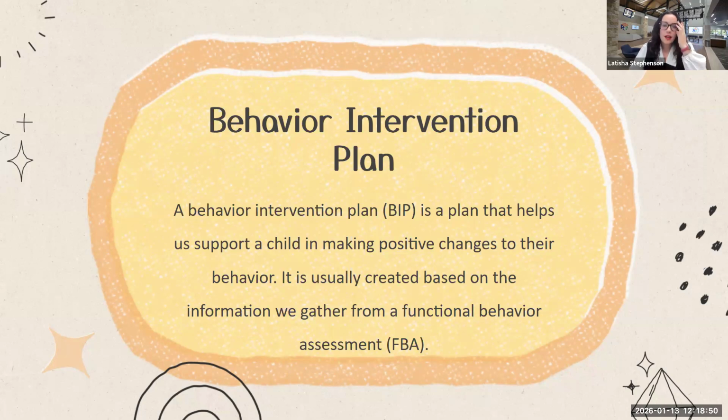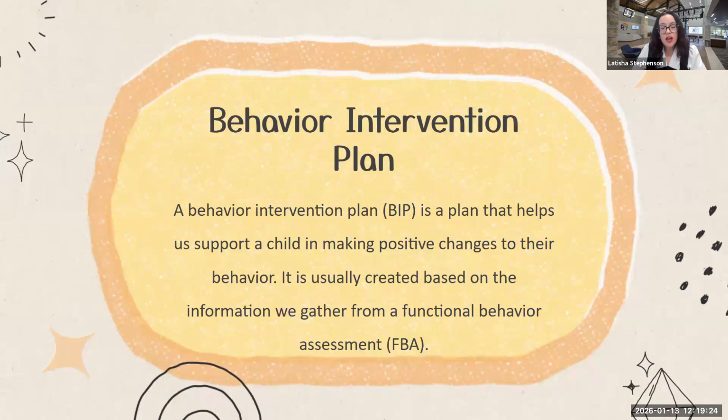behavior. For instance, if we have a student, again, struggling with reading and they're leaving the classroom anytime they're asked to read aloud, we can guess that maybe the reason they're engaging in that behavior is to get away from or avoid the task that's really anxiety producing and hard for them. A lot of times people will be like, that's why the child's engaging in that behavior. So we can just write a BIP based off of that. That's not incorrect, but sometimes it's not that simple. And so we just need to be aware of that.